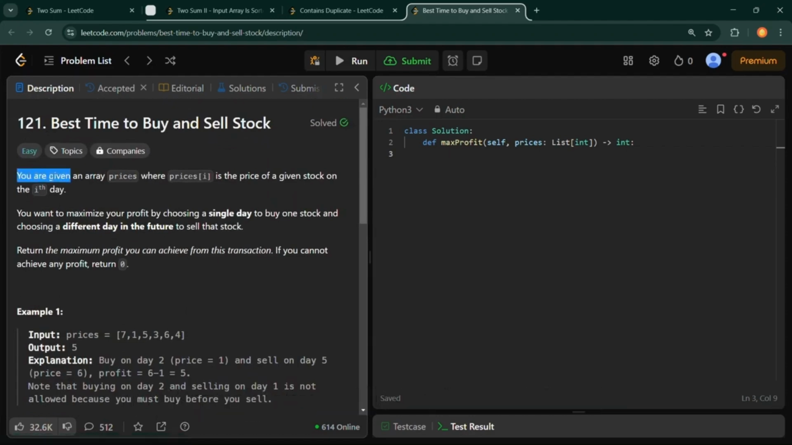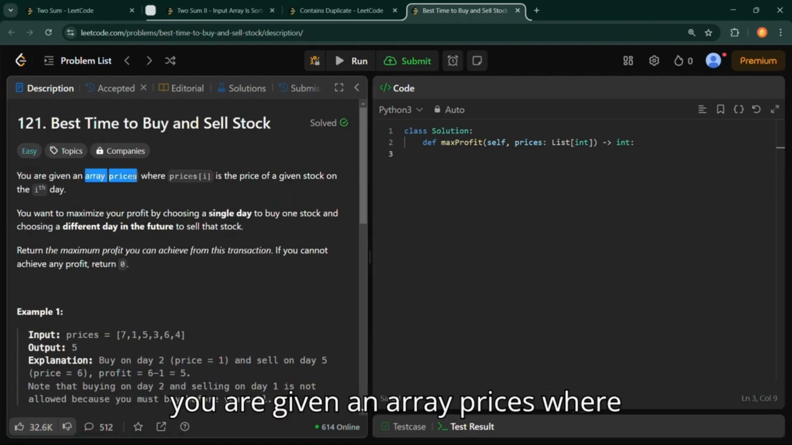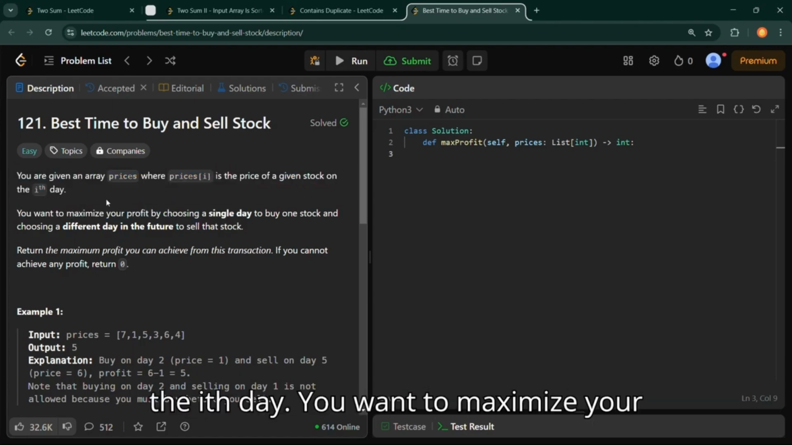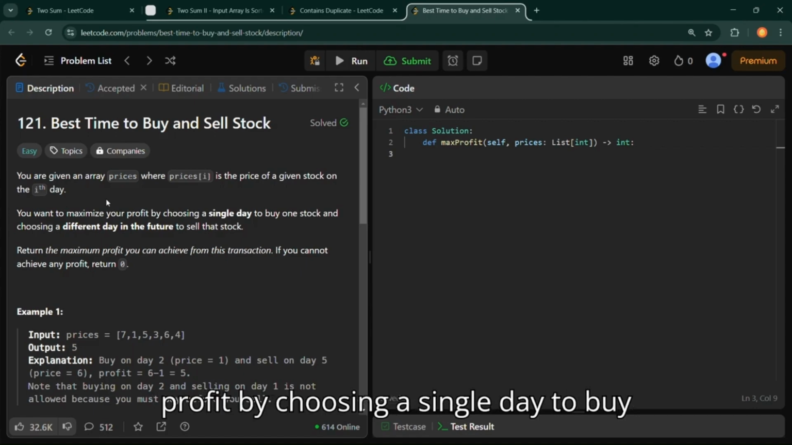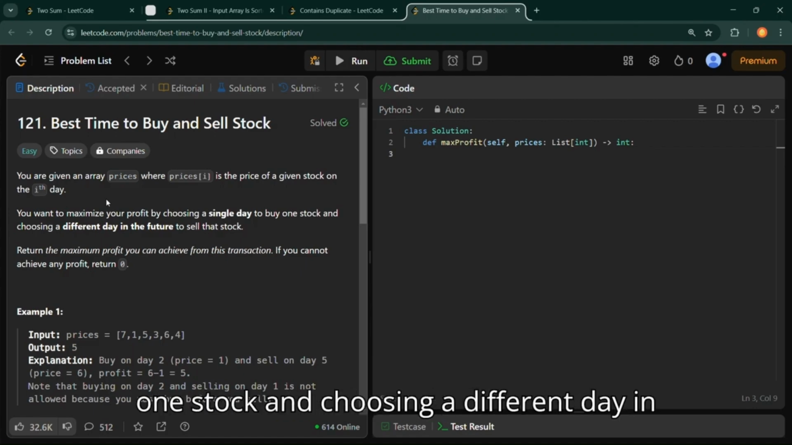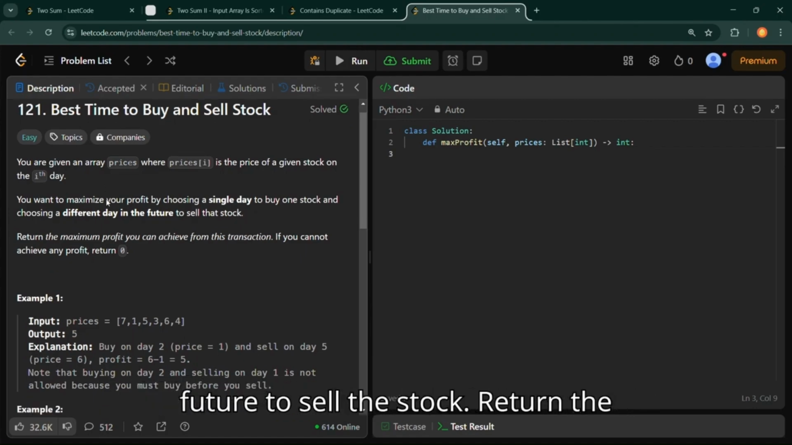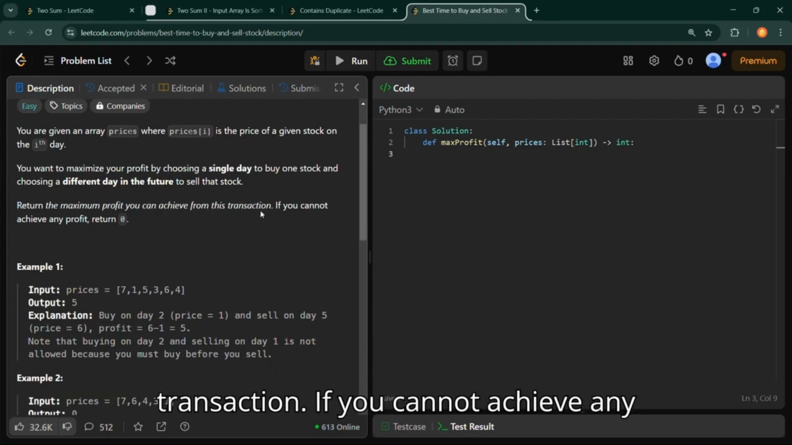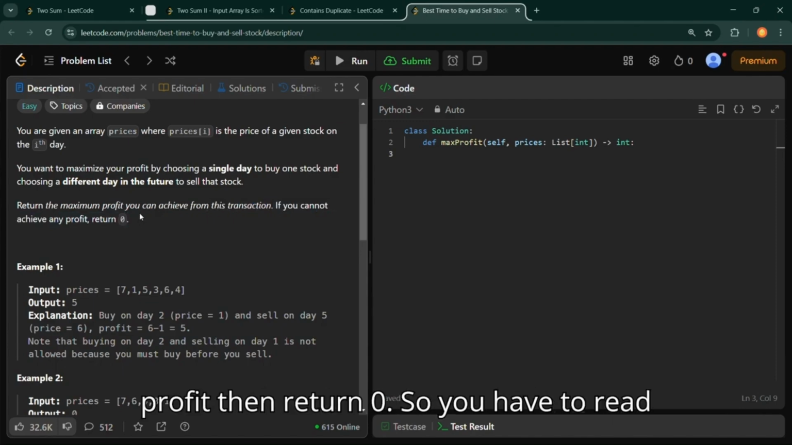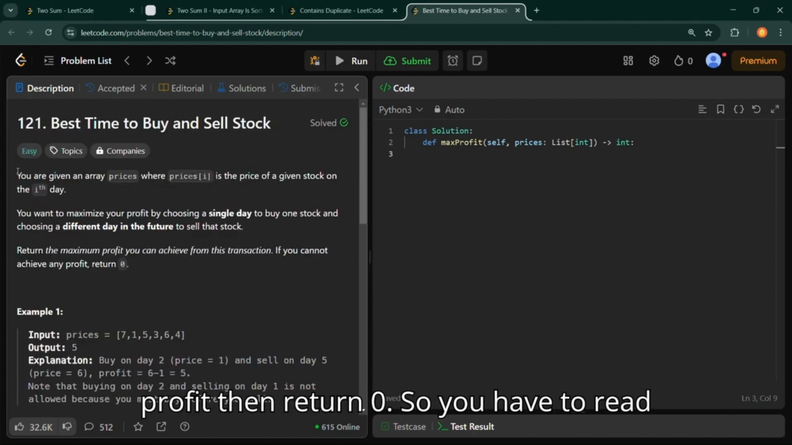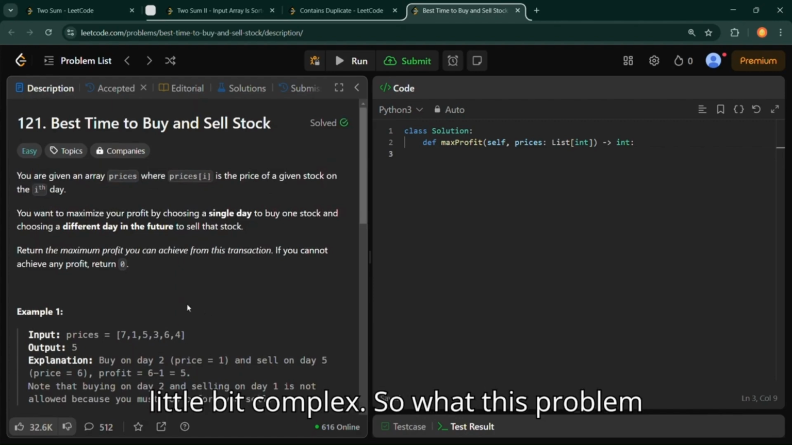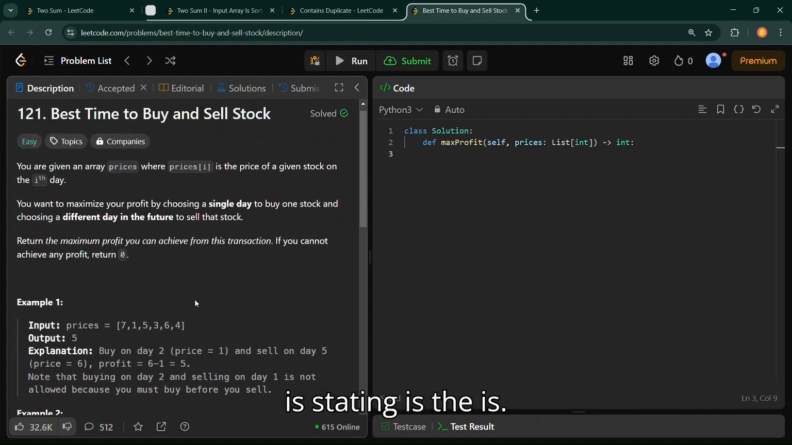The problem is, you are given an array prices where prices[i] is the price of a given stock on the ith day. You want to maximize your profit by choosing a single day to buy one stock and choosing a different day in the future to sell the stock. Return the maximum profit you can achieve from this transaction. If you cannot achieve any profit, then return 0. You have to read this problem very carefully, because it is a little bit complex. So what this problem is stating is